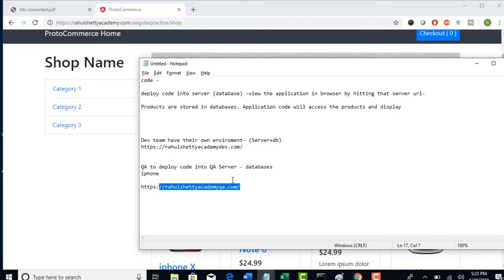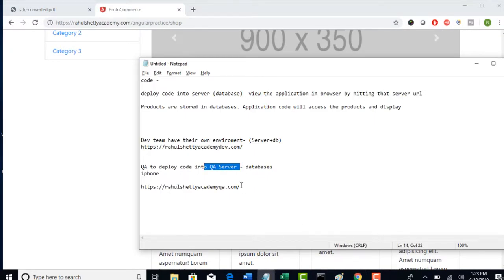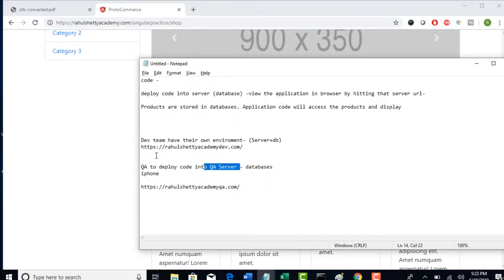Once it is deployed, you can access this code in the QA server. But when your code is actually interacting with the database present in your QA server, that server may not return all the products. If it returns only 2 products, then you will see only 2 on your screen. But when you have a requirement to verify whether at least 4 products are displaying on the page,